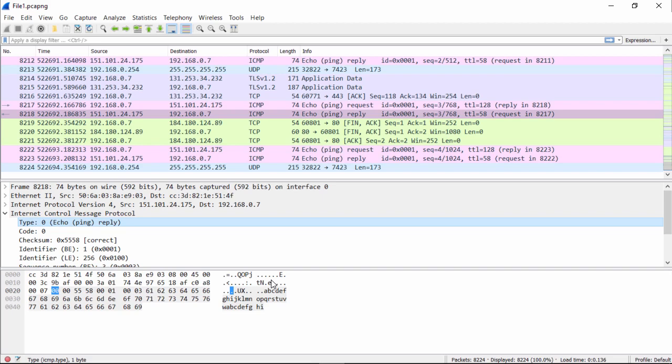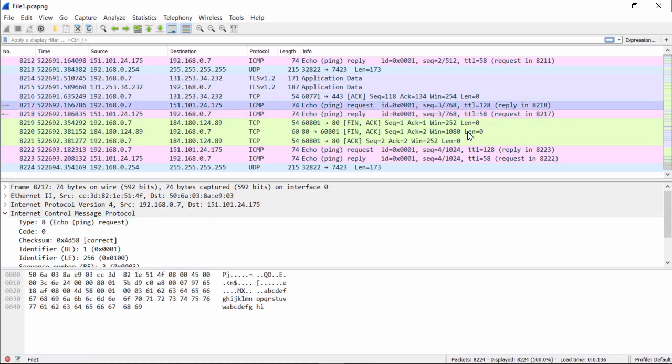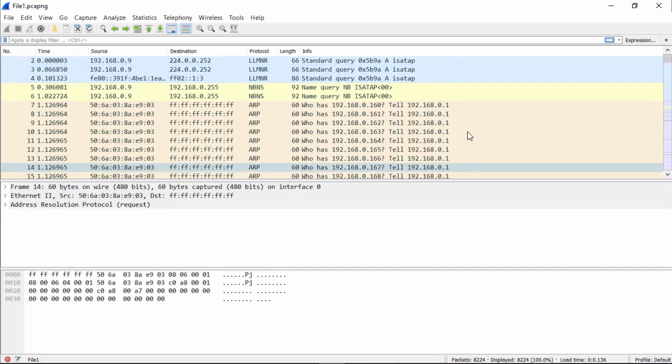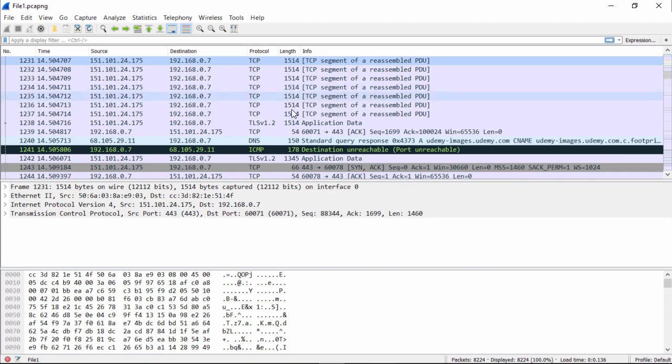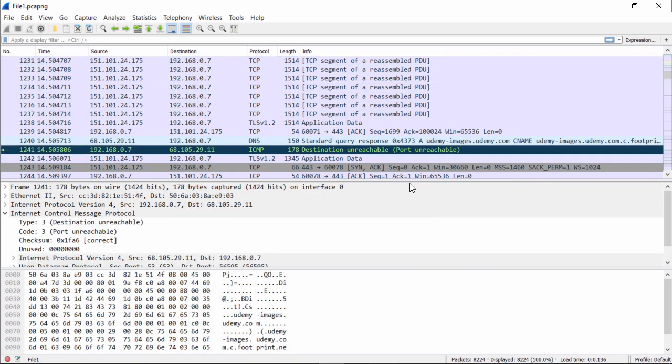Remember we said that some protocols use ICMP to notify the network about a communication status. We mentioned one of the more common ones being ICMP type 3 destination unreachable. So if we go to packet 1241 here, and I'll just Control Home to get to the top again, and then scroll down here to 1241. Again, we'll teach you a quicker way here soon. And that in black is highlighted.